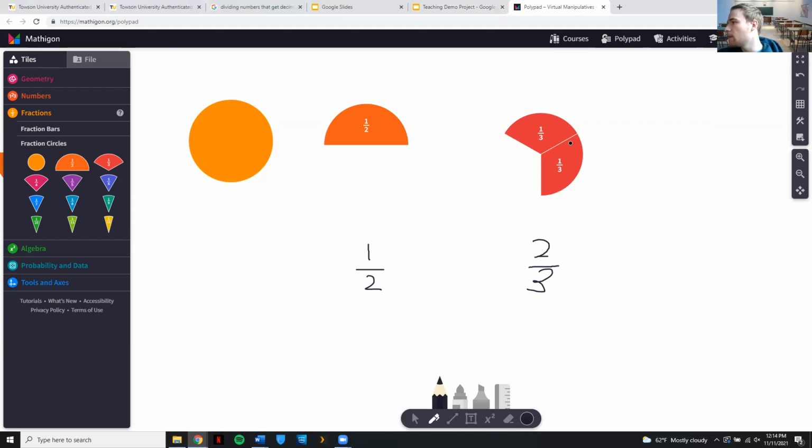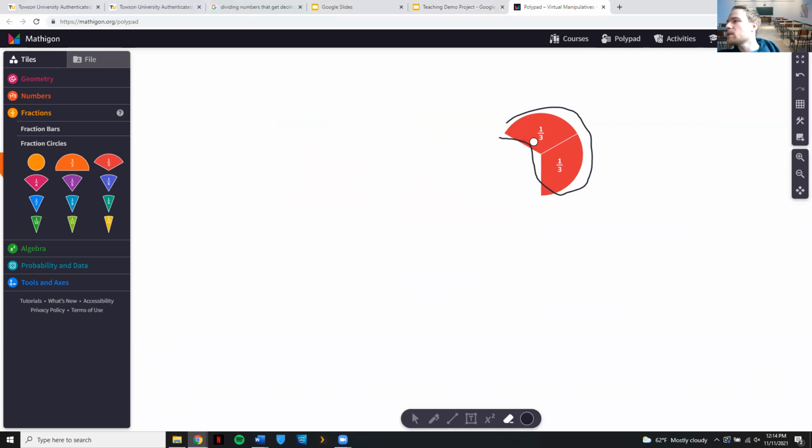That's what this means. We have 2 pieces out of 3 total possible pieces that we could have. So that means this blank piece would be a third of the pizza, just like the rest of this is 2/3 of the pizza. All right, does that make sense? All right. So now let's just go through some practice problems just to see what, well, actually, no, let's talk